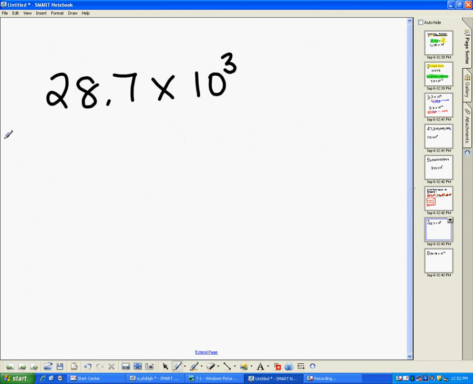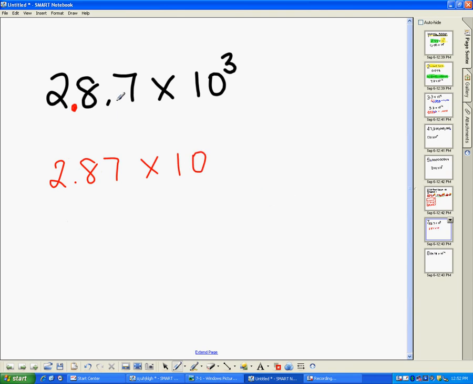All right, now, another kind of problem that I want you to be able to solve is fixing problems that aren't written in scientific notation. 28.7 times 10 to the power of 3 is not written correctly. This decimal needs to be right here so that this problem is written correctly. So this would become 2.87 times 10 to the power of